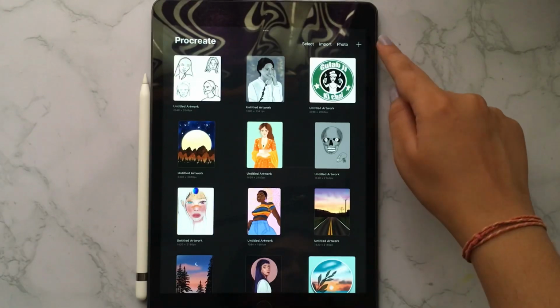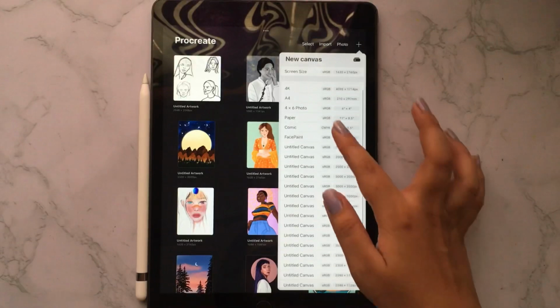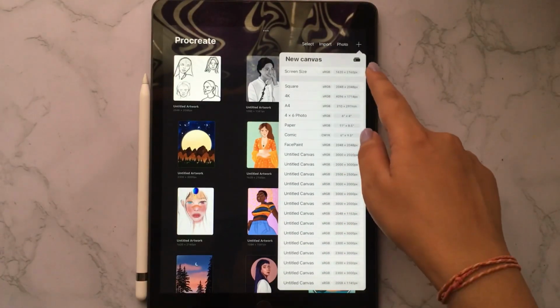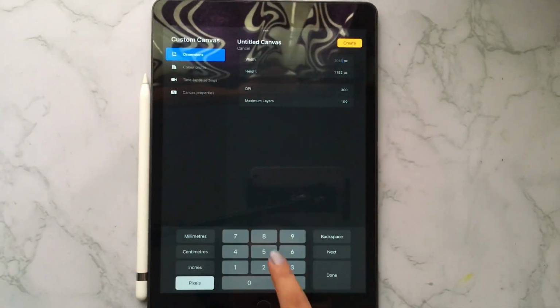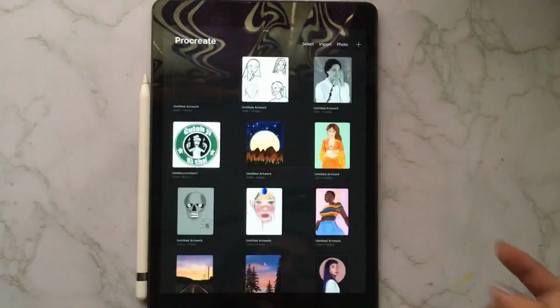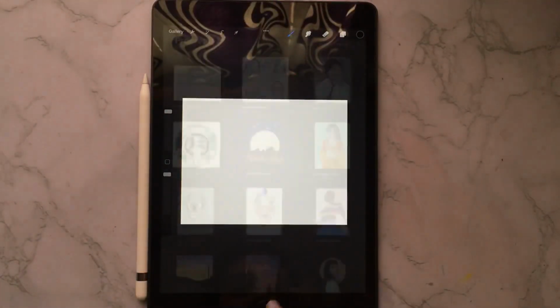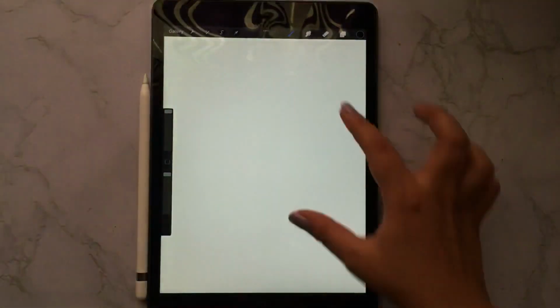Now you will see a display like this, and you have to select the plus sign here, and you can select the canvas size, what canvas size you want. I'm going to select here. You can write the width of the canvas and the height of the canvas and do create, and you will get a kind of canvas to your size. So you can go to select and do screen size and all. So you will get a screen like this,